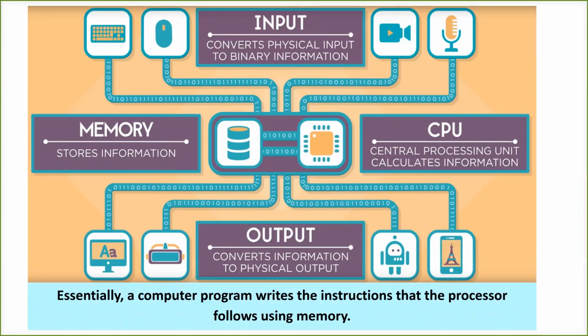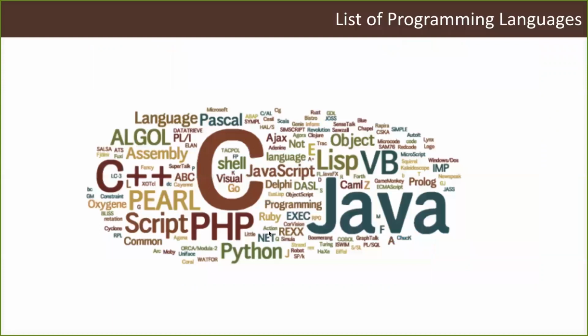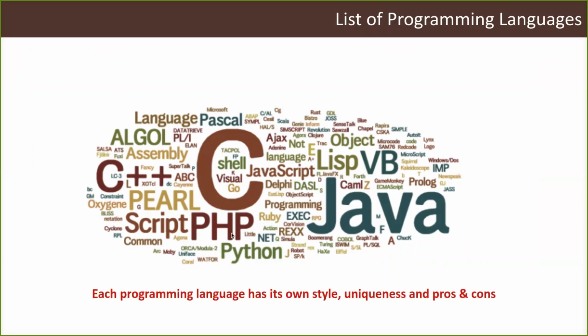So that's where we need computer programming. There are different programming languages out there: there is C, C++, Java, PHP, Perl. There are many languages, to say the least. But we are going to be looking at Python. So let's look at why Python and why not something else, and what Python basically is.